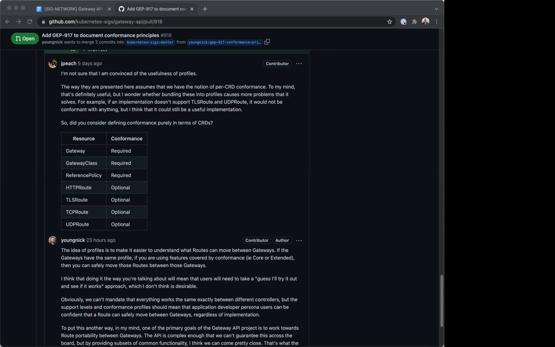Then I'm quote unquote not conformant, even though I very likely have everything that a user might need. So I just think doing it at the high level of the CRDs gets the user in the general ballpark, and then they're going to have to go down into the details, depending on what they need to do.